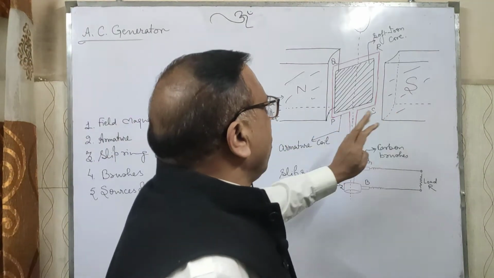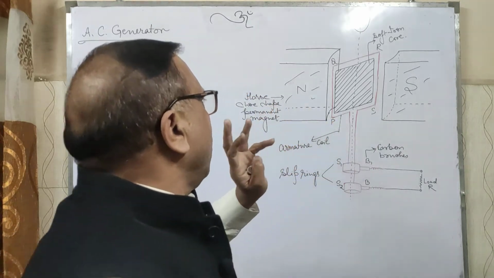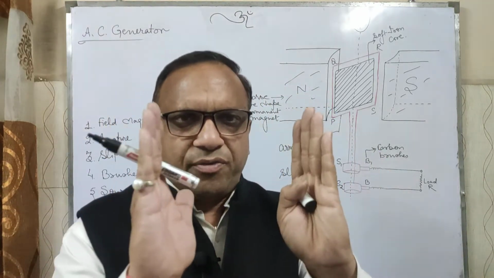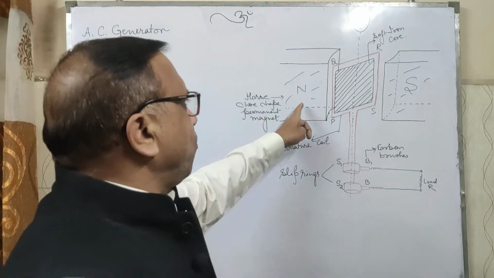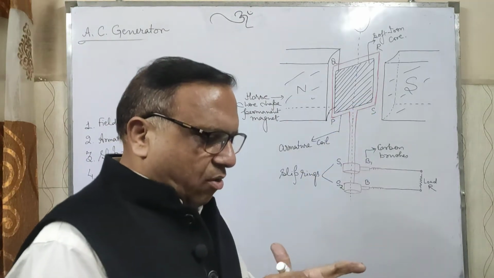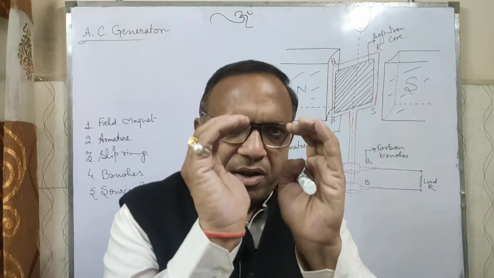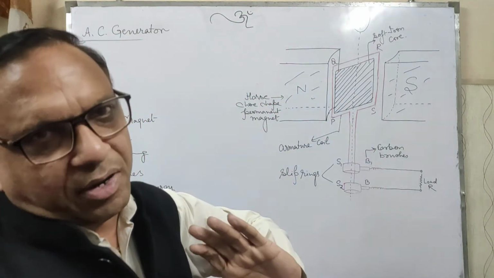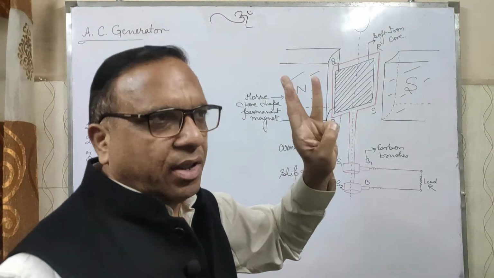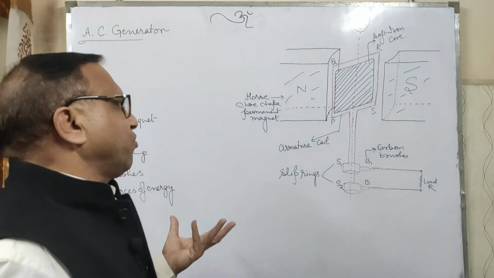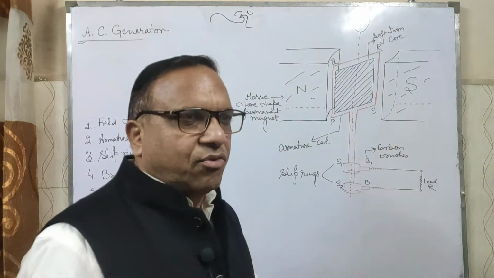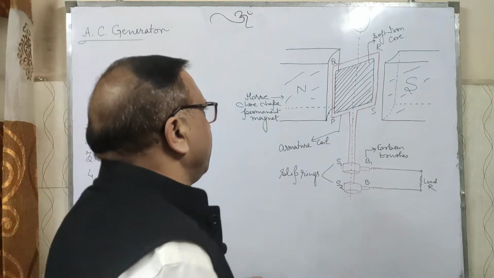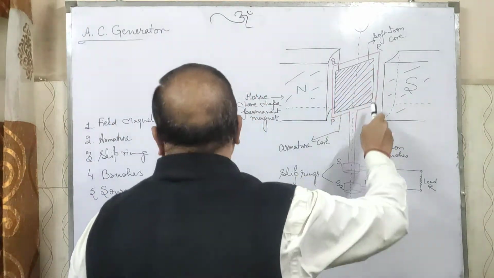There are two poles of a horseshoe magnet. Horseshoe magnet means these two poles face each other, just like this, and the cross section is just like cylindrical. So we can say it is a strong permanent radial magnetic field, or we can say horseshoe magnet. Just like a horseshoe, these two ends face each other.